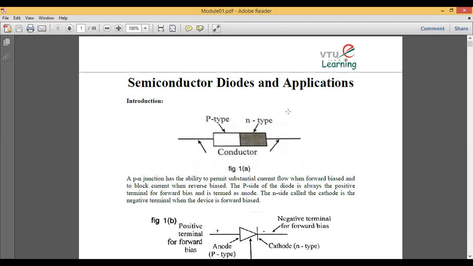Okay, when you study the physics part, we have the table, right? We have a periodic table. If you look at the periodic table, there are different types of elements available. So we have boron, we have germanium, we have silicon. We have a lot of elements, nearly about 108, right? So our whole periodic table will be divided.